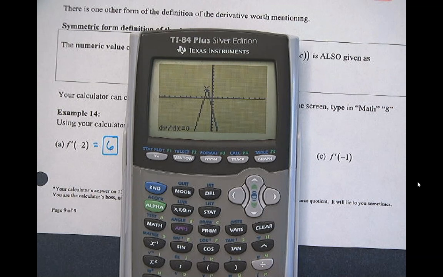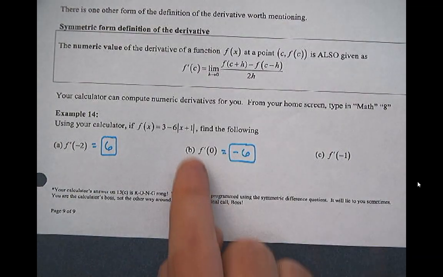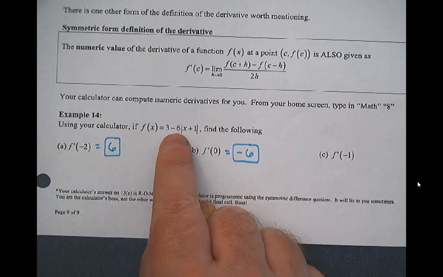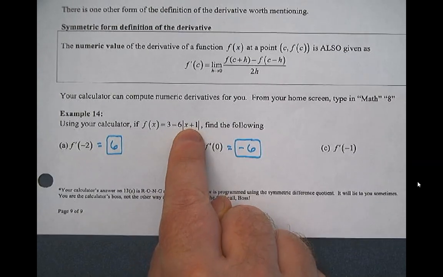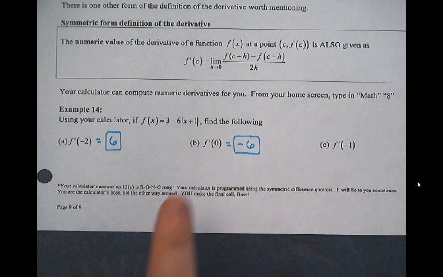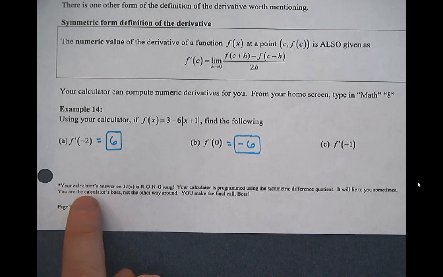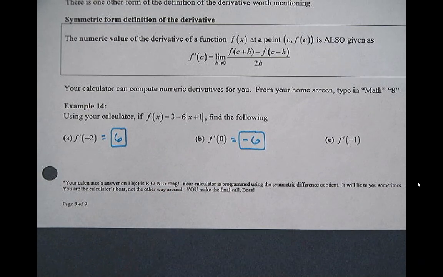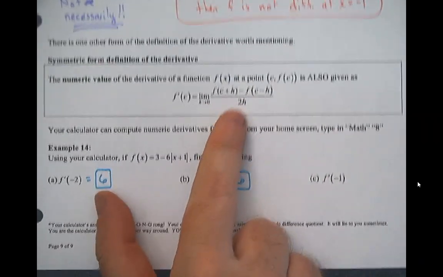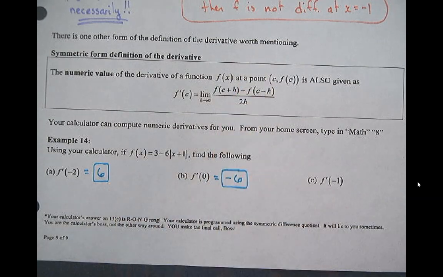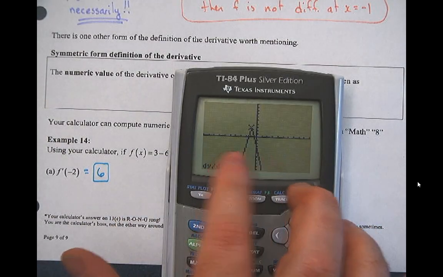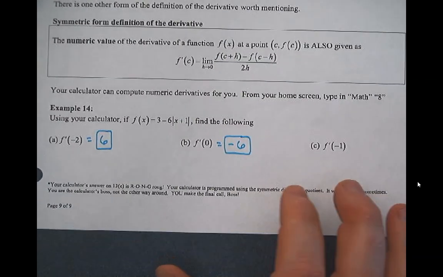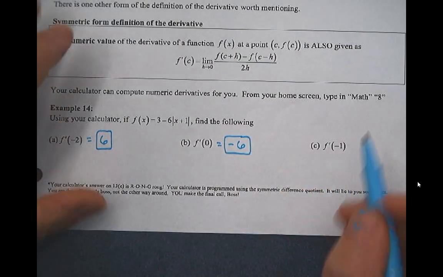What do we have going on here? We have a sharp turn at x equals -1, right? Look at your family. This is an absolute value family that's been shifted back 1, so the sharp turn is occurring at x equals -1. So you do have to be a little bit careful. Your calculator's answers on 13C are wrong. Your calculator is programmed to use this formula, and so what it does is it just took the average of these two slopes and went that way. Well, that's a problem when you've got a sharp turn. So this equals DNE